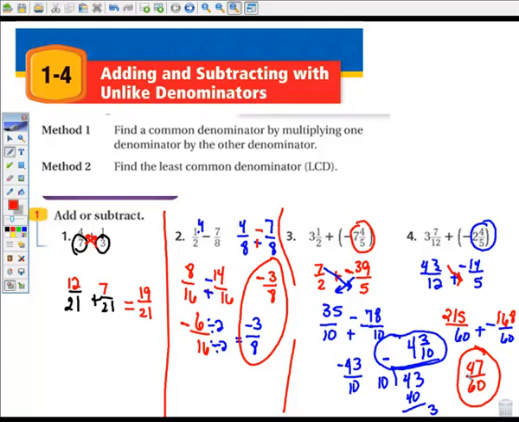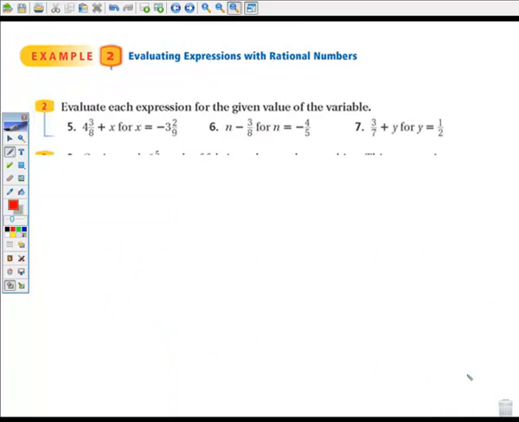All right, let's go ahead and move on. In some cases, you're going to have to evaluate expressions, and we've done this before. This is simply where you substitute the number in for the variable. So we have 4 3/8 plus negative 3 2/9. And again, I'm going to go ahead and change these to improper. 4 times 8 is 32, plus 3 is 35/8, plus a negative, but again, we only look at the positive when we're changing. 9 times 3 is 27, plus 2 is